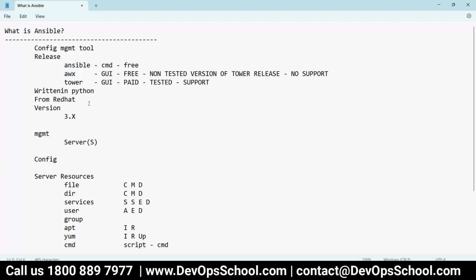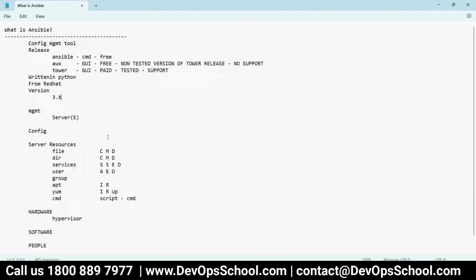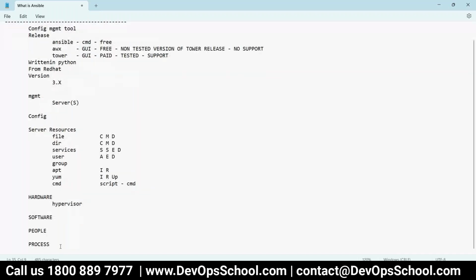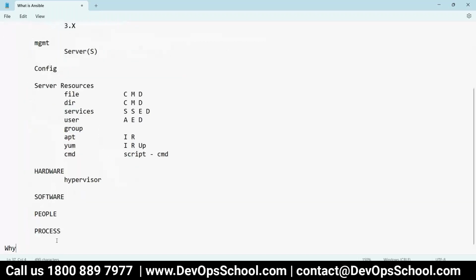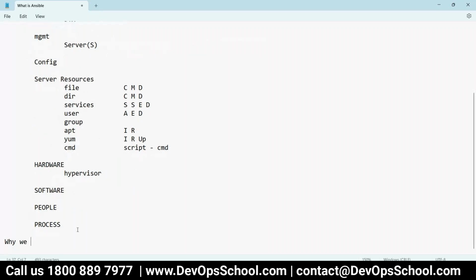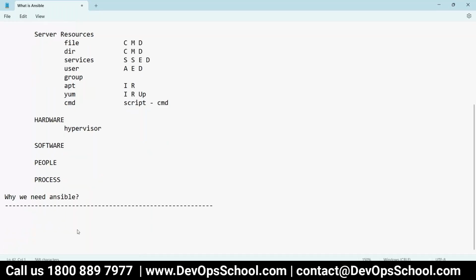So that is the current version which I'm going to teach you, the most recent one. Okay, so this is something which we have. Now, the next question you will ask is, why do we need Ansible? I'm not going to use very complicated keywords like consistent change management or deployment automation, but I'll tell you,